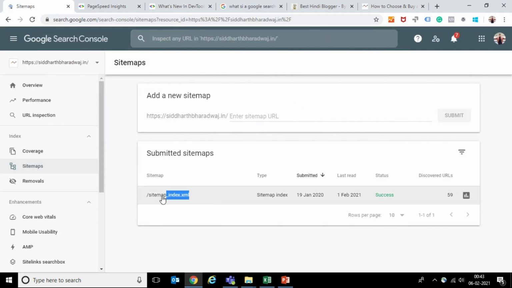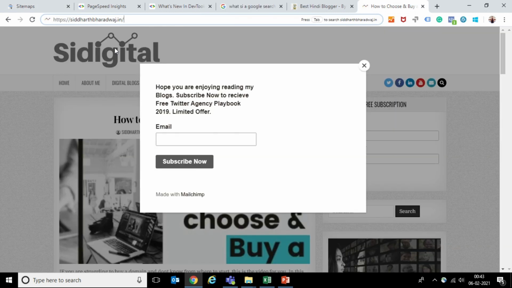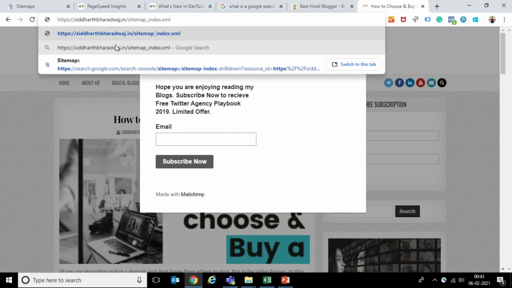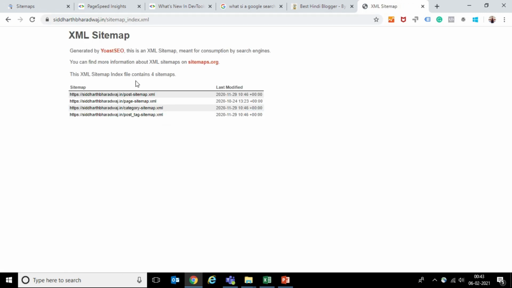So I'll go here, I'll copy this and I'll write it here, enter. So it is telling me that I have already submitted the sitemap on these dates, and it contains 4 sitemaps. I have created it via Yoast SEO, right?